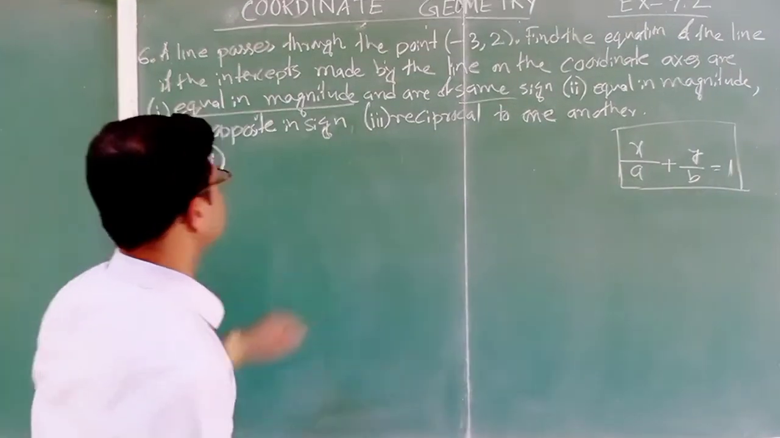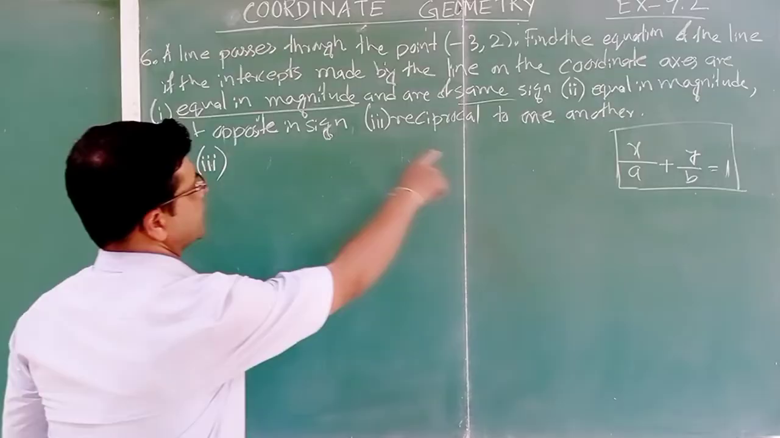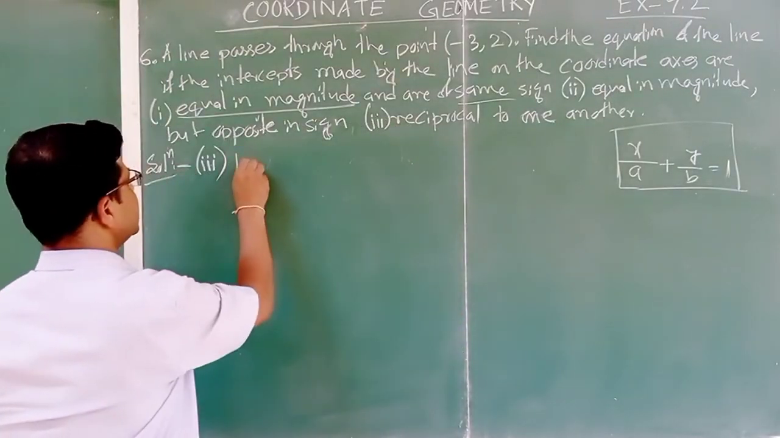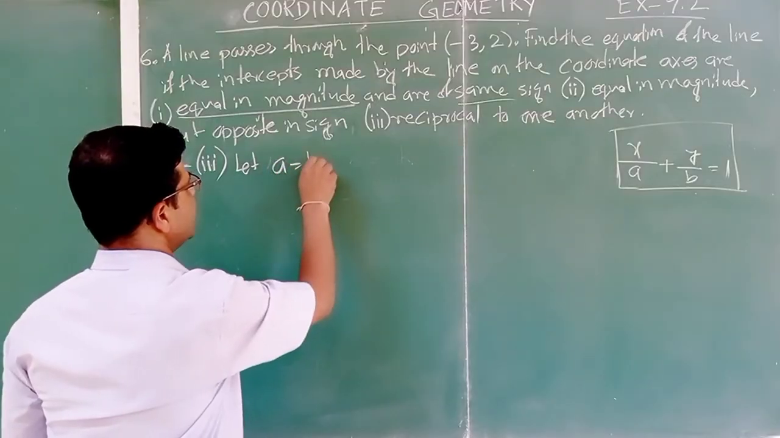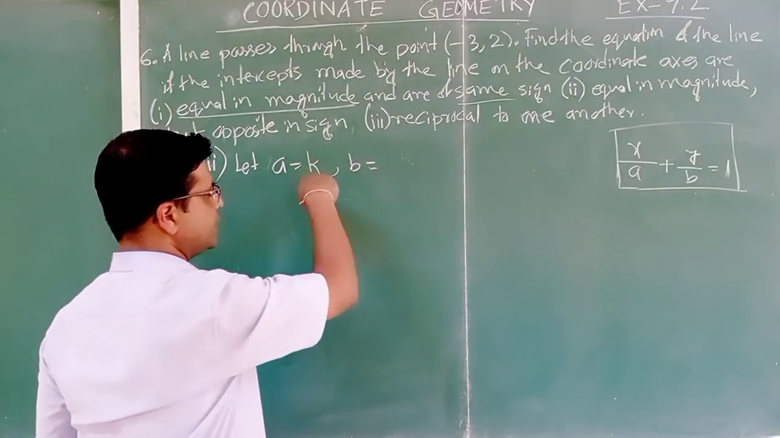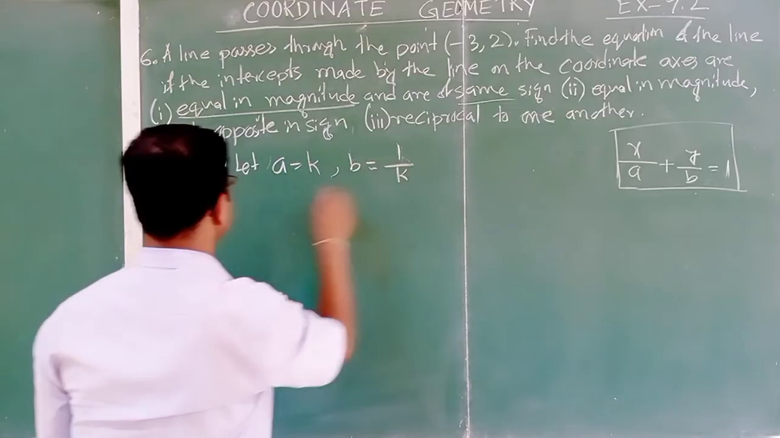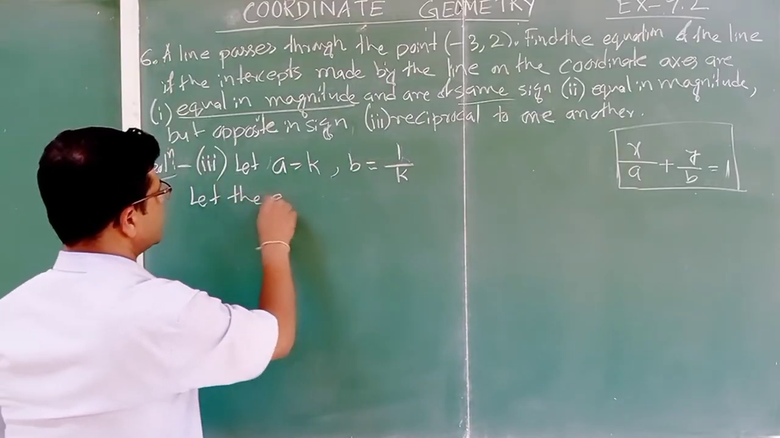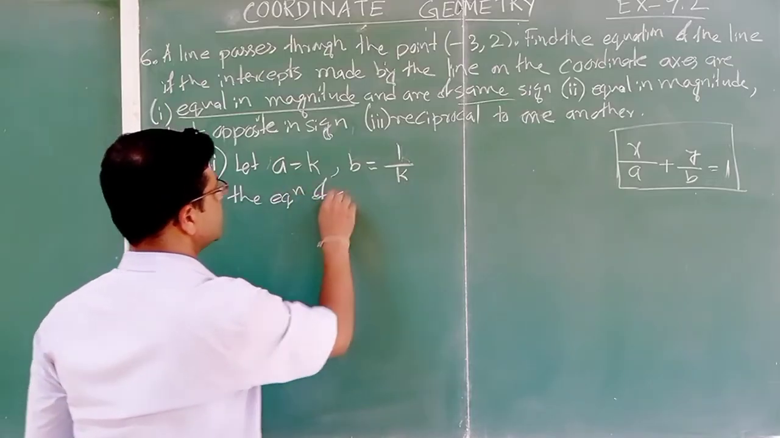Alright, dear students, we are in the third one. Here the intercepts are reciprocal to one another. So let a equal to k and b equal to the reciprocal of this. What is the reciprocal of this? 1 by k. In the same manner we are doing, let the equation of straight line